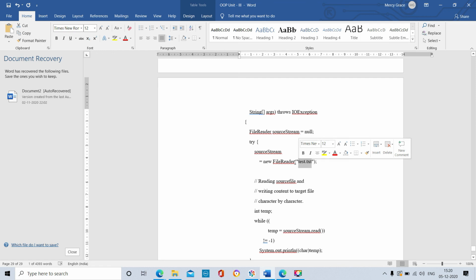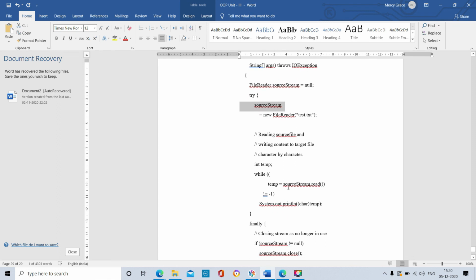We read test.txt using the FileReader constructor, and that file is assigned to the source stream object. Initially the source stream object is null, or empty. So by using FileReader, we read the content of test.txt into the source stream object.